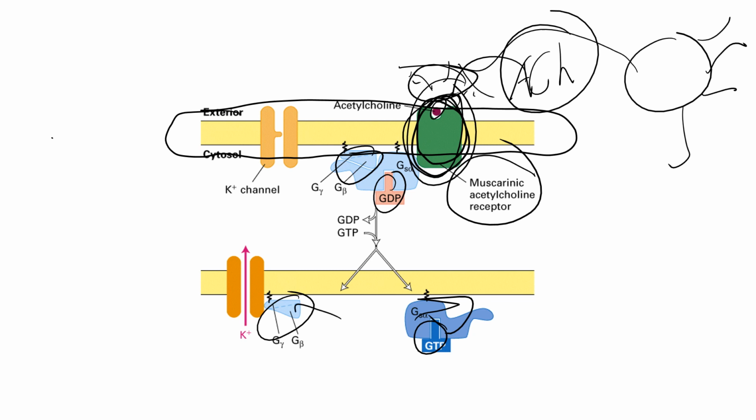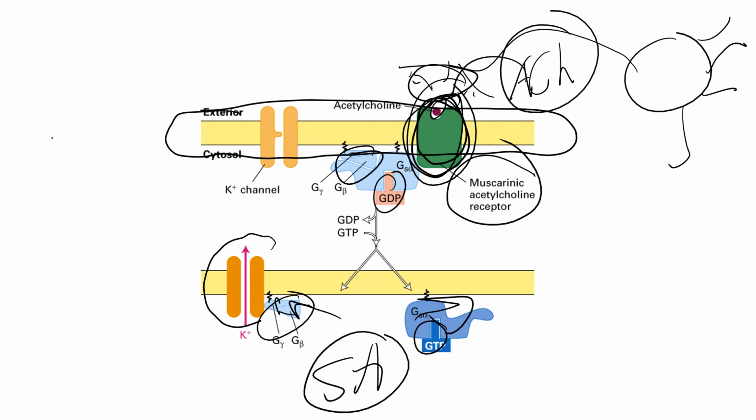The beta and the gamma subunit crawl along the intracellular side of the plasma membrane of the SA node fiber, right? This is an SA node fiber. I think I've said it 10 times, but I'll say it again. The beta and the gamma subunit travel along the intracellular side and they start phosphorylating and